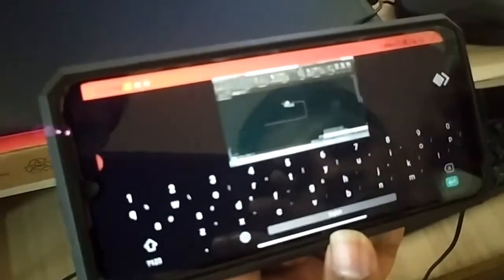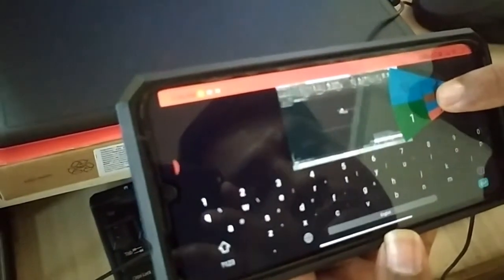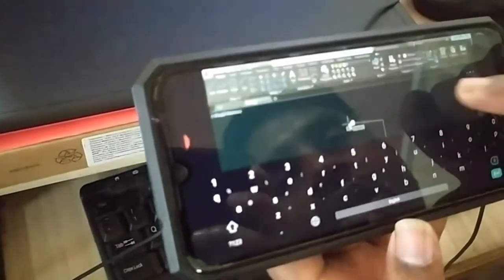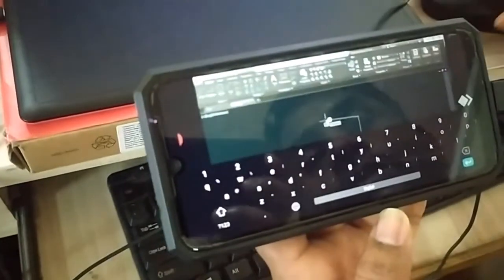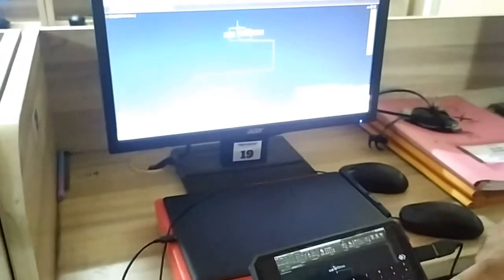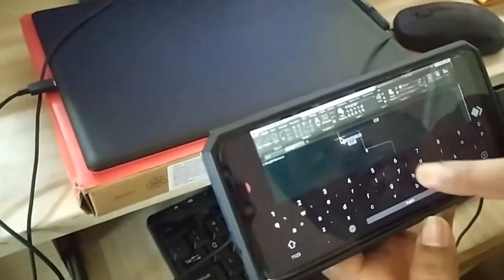If you don't want this to happen, you have the option to make it full screen as well. So yeah, this is where you can make the full screen. So even after making the full screen, you will be able to access the keyboard. But now, even though the keyboard takes up the lower space, you can see the screen here is still full screen. So now the students on their mobile can just keep the cursor the way they want and feed the values here from this keyboard, press enter, and you can see the diagram is getting drawn.